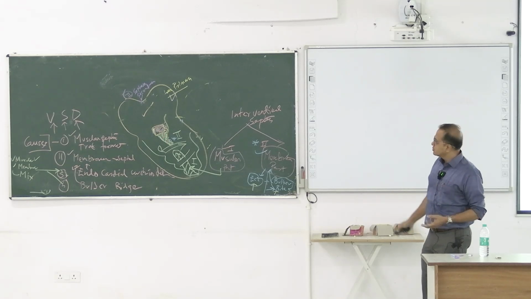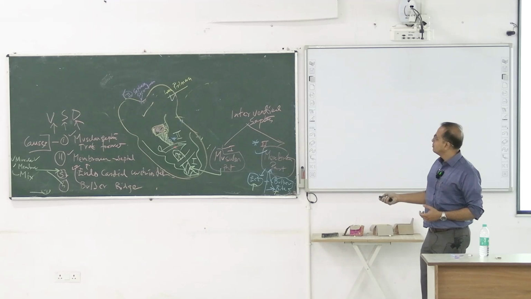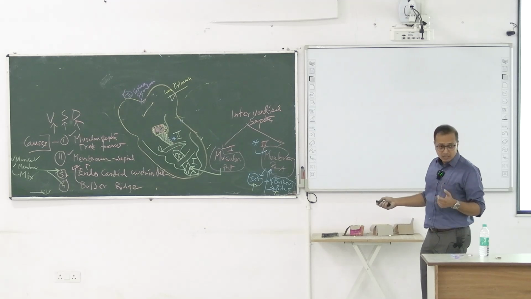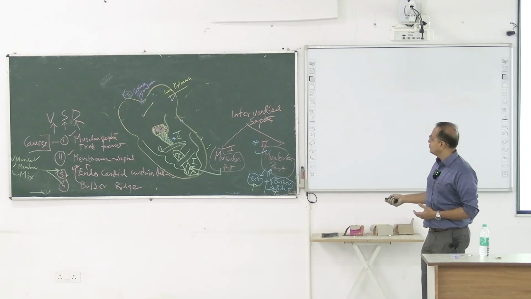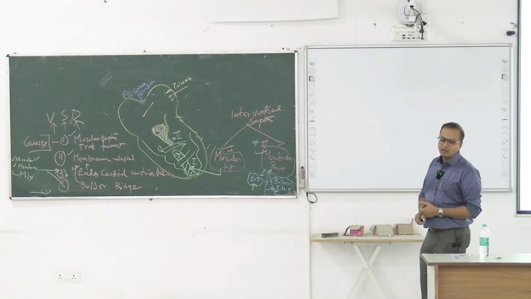Now, if anything goes wrong in the membranous part or the muscular part, we get a kind of defect which we call VSD. It could be a muscular defect, it could be a membranous defect. If it is a membranous defect, it may be a failure of the endocardial cushion itself or the bulbar ridge, or a mix of things. If the partition is incompletely present, we get this disease as VSD, or